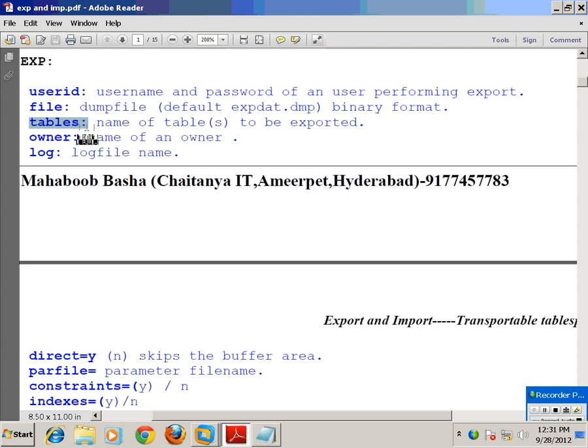So there we give the user ID and password. Next parameter is FILE: the exported file or dump file which contains your logical data.